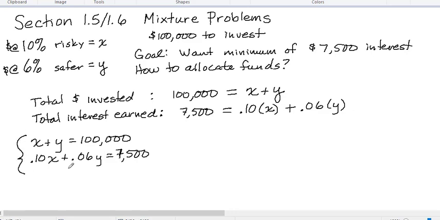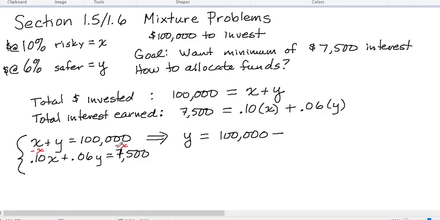That makes a system of two equations and two unknowns. You can solve it with substitution or with elimination. Substitution works best on these problems, especially when there's one equation with really simple variables. So take this equation and solve for one of the variables. So I'm going to isolate the Y, get it by itself. To do that, I'll have to take away X from both sides. And that will give me Y equals, the X will cancel,